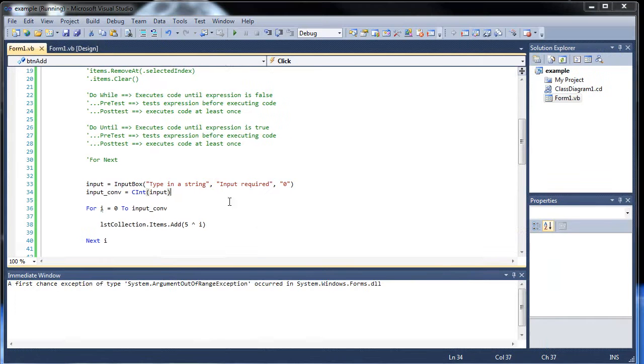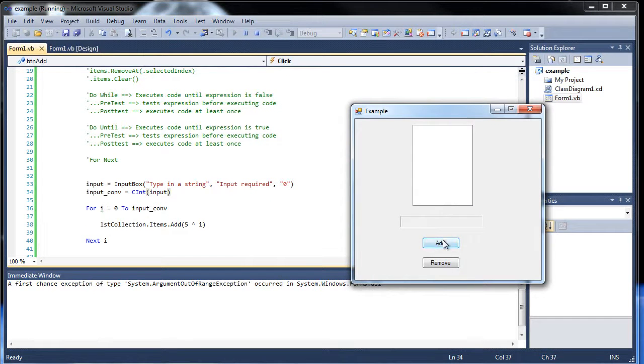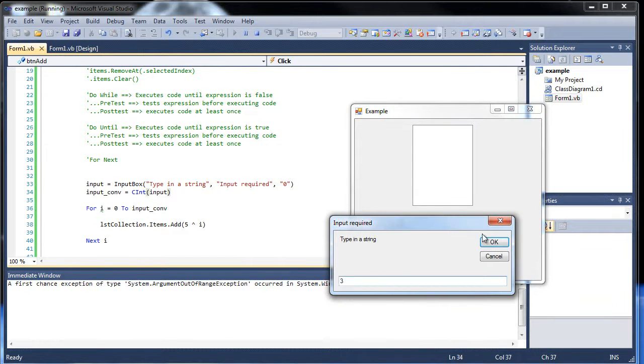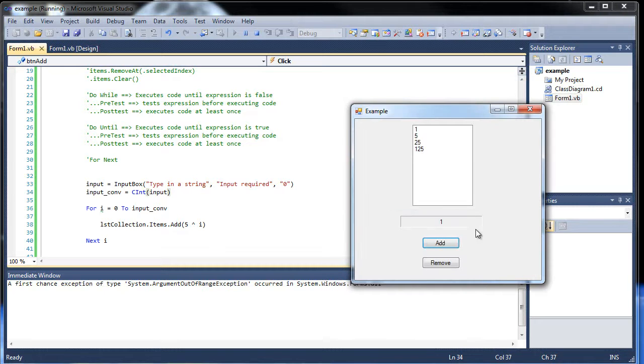So let's run this application, and I don't know, let's do it 3 times, see how it works. And oh, whoops, we started with 0 until 3, so it did 0. So this was a little different because it started this with 0. What happened is it went in there first as 0, then 1, then 2, then 3. So the big difference here is that